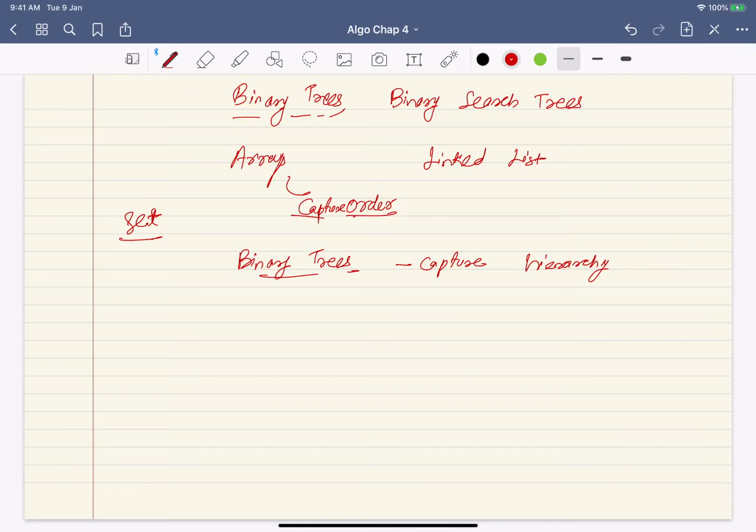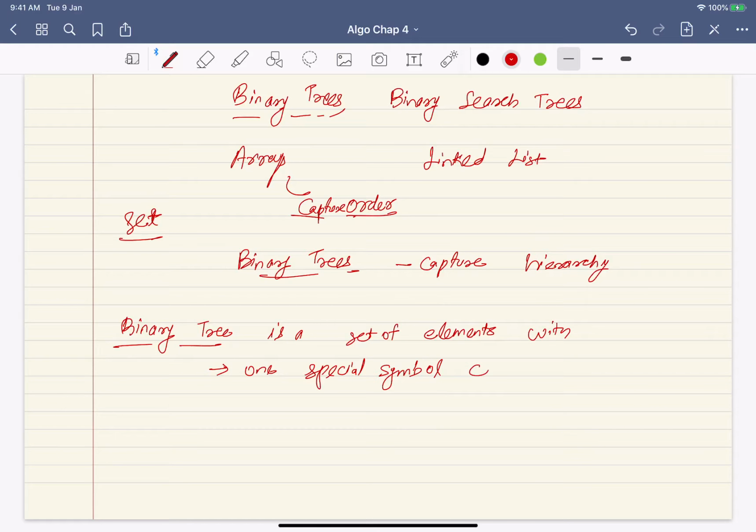So let's try to define what a binary tree is. How do we formally define a binary tree? One way you can define a binary tree is in terms of a set. A binary tree is a set of elements with one special symbol called root.